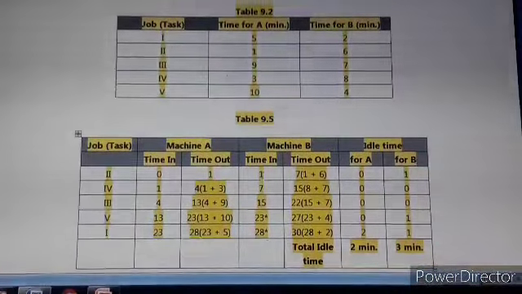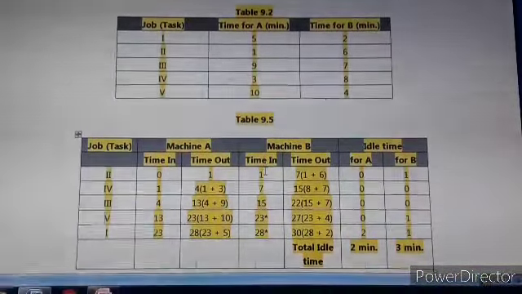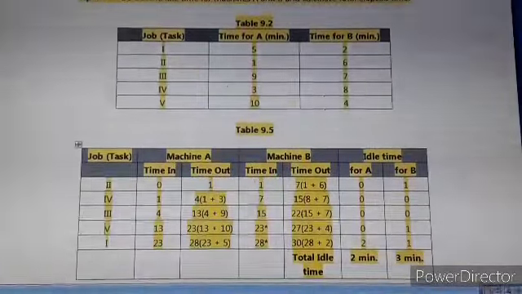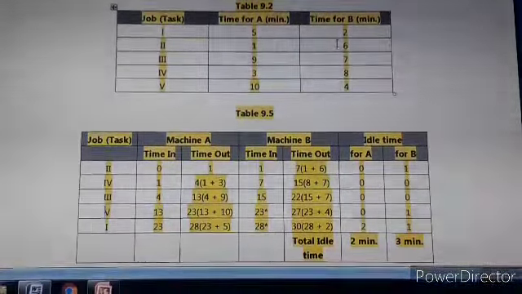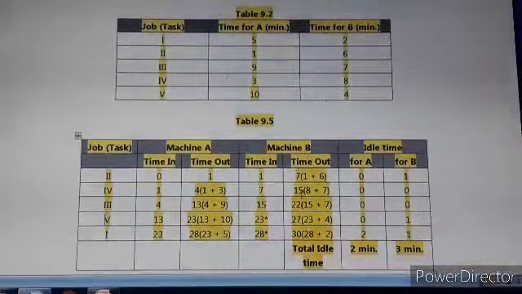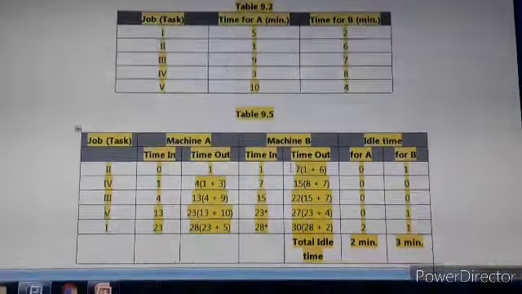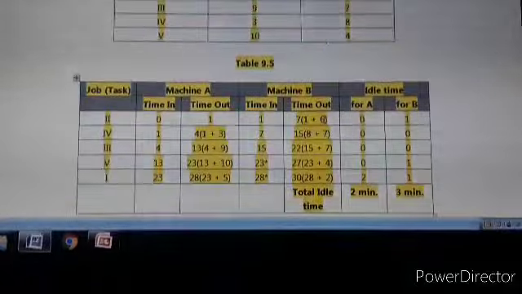So time in for job 2 on machine B is 1 minute, and it will take 6 minutes. So 6 plus 1, it is 7. So time out for job 2 is 7 minutes.